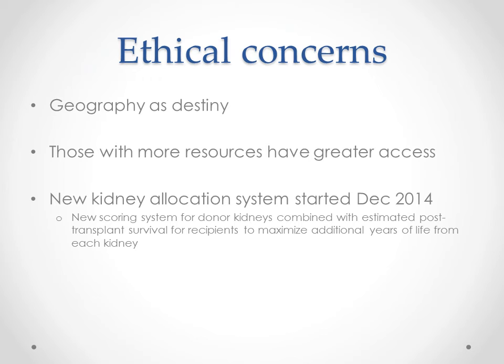There have been many ethical concerns with the current system, some of which are outlined in the text as well as the optional readings. The New England Journal of Medicine commentary describes the issue of geography as destiny in transplantation and gives the example of Steve Jobs, who you may know as one of the founders of Apple. When he needed a liver transplant, he didn't just register himself in his home state of California, where people wait on average 6 years for a liver.